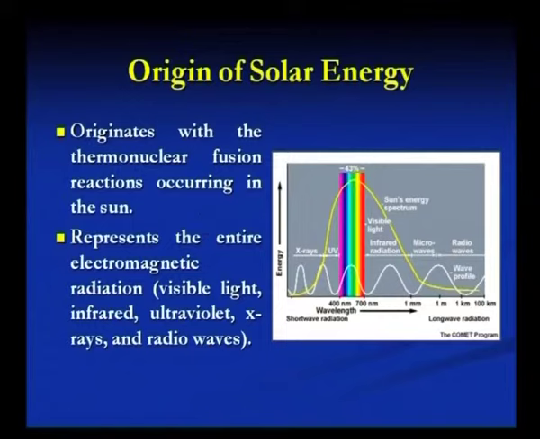Thermonuclear reactions can be classified into fusion and fission. Fission is breaking down a larger nucleus into smaller ones. Fusion is combining smaller nuclei into a bigger one. In the sun, hydrogen atoms are fusing to form a bigger atom,